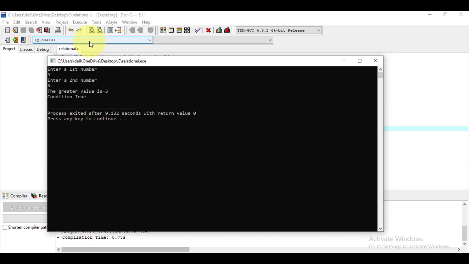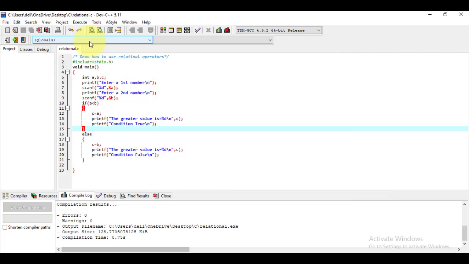But here is a different story: it is assigning the value according to the program. We have also changed this, so the greater value, or we can simply say the value of c, comes out accordingly.